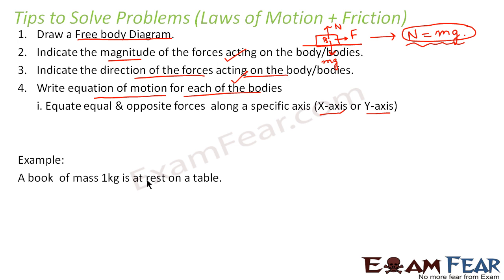Now, we have already discussed one example here. Let us discuss one more example which is very similar to that. A book of mass 1 kg is at rest on the table. Let us make a clearer diagram here. Let us suppose this is a book of mass 1 kg. So, there will be a force mg which will act in this direction. The value of m is 1. That means mg will be 1 into g, that is g. There will be a normal reaction force which will act in this direction. Since the body is at rest, nothing else will act here. So therefore N is equal to g. This would be the equation of motion for this particular example.